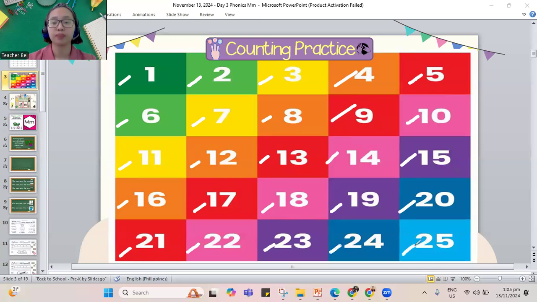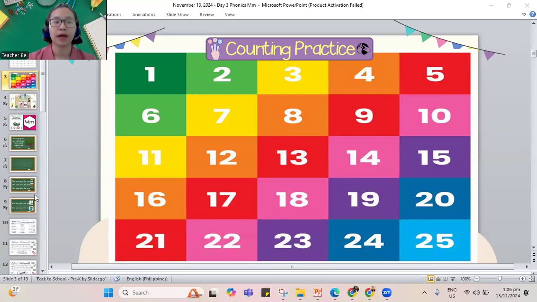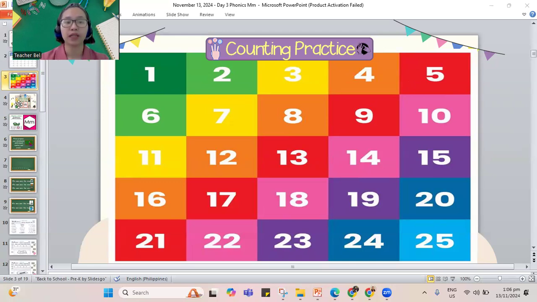So those are the numbers that we counted here on the screen, 1 to 25. Let me erase the writings here. Let's clear it out.